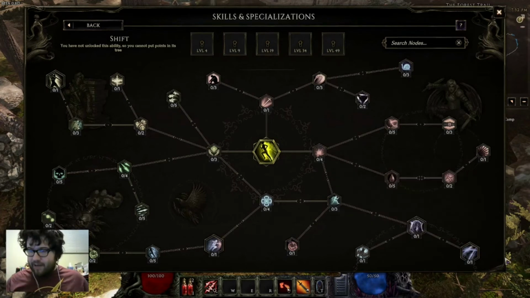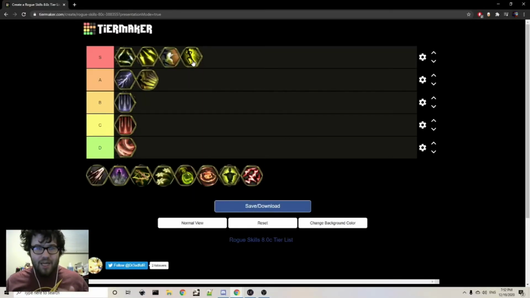So Shift definitely 100% deserves its S tier rating. Like, I'm going to be honest, it's the best skill in the game. Best skill in the game for Rogue, because it's just so...